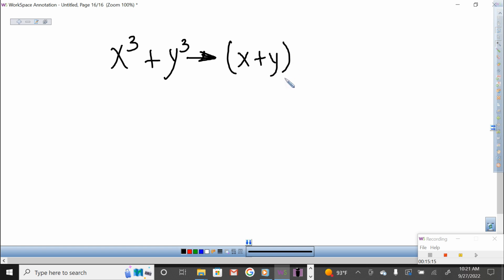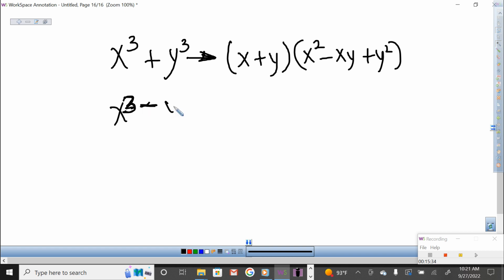x plus y. That's how we started, right? Exactly the same, but without the exponents. So what's the second part? The second part is a trinomial, x squared minus xy plus y squared. Okay? So, tell your neighbor,